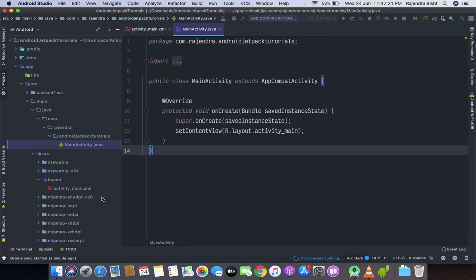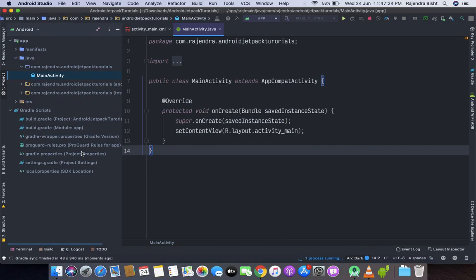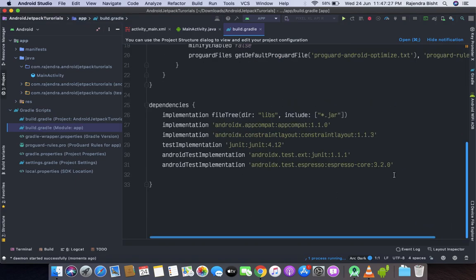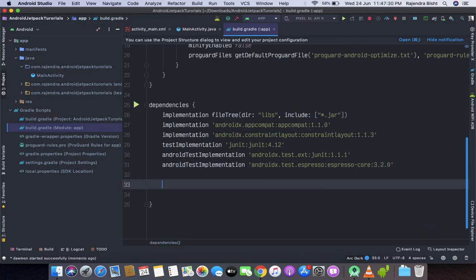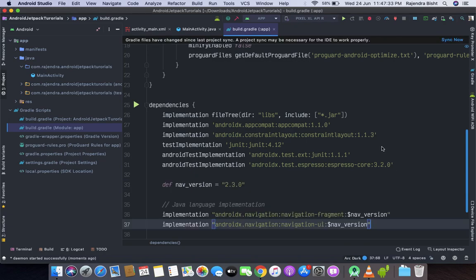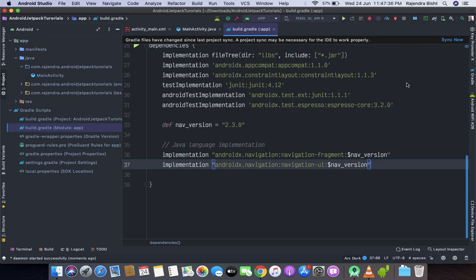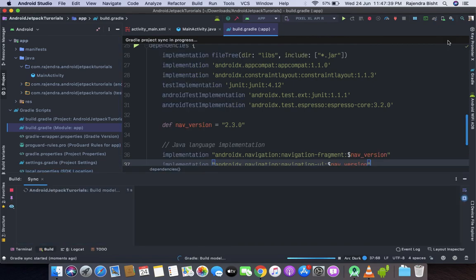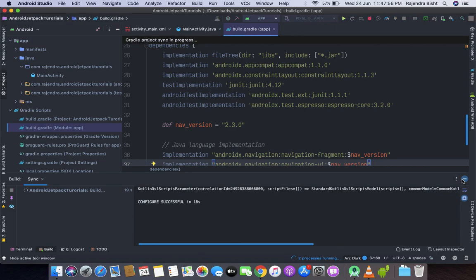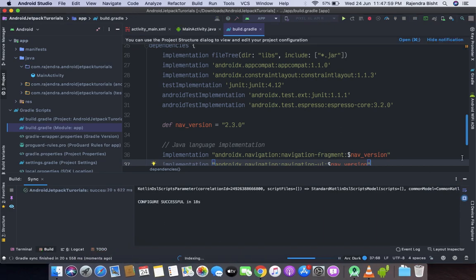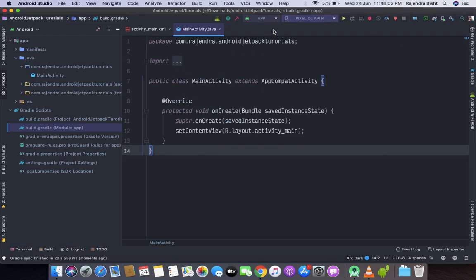Gradle is building right now, let's wait a moment. Okay, it is successful.